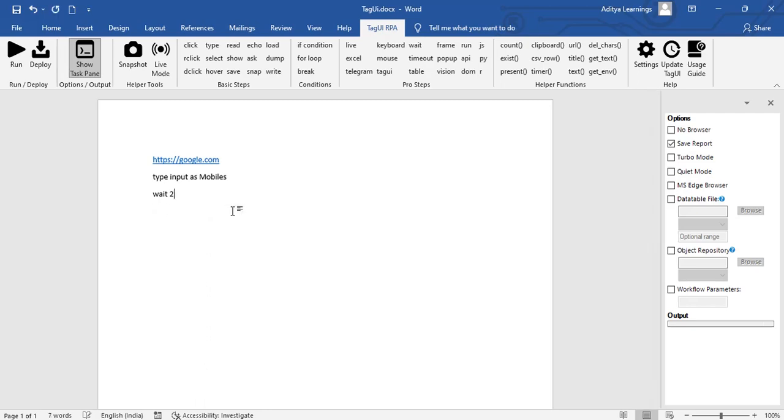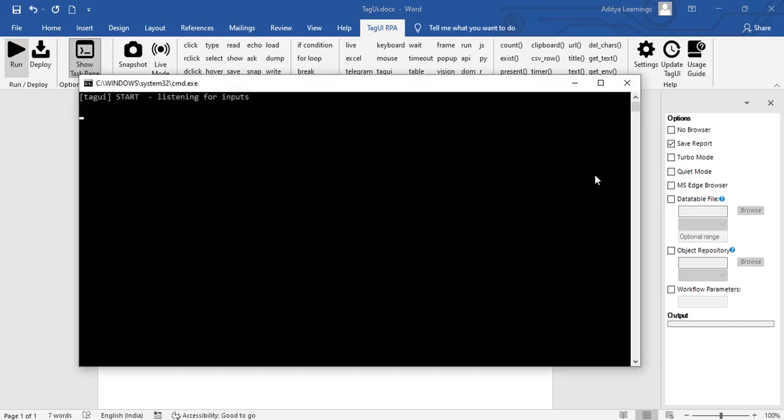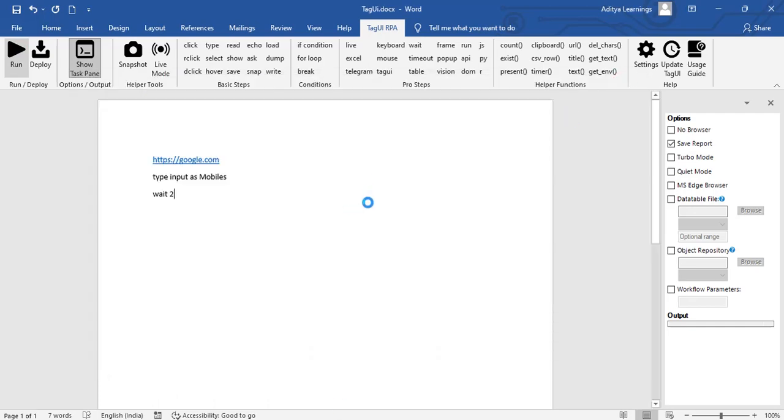And these are the different areas that you need to understand before using this and building your robots. And let's say we want to run this. Let's click on run and see the execution. It has not started yet. Let's wait for some time for it to start.